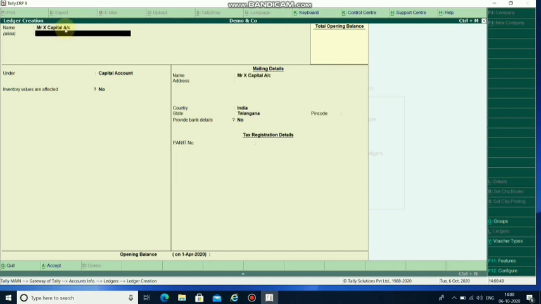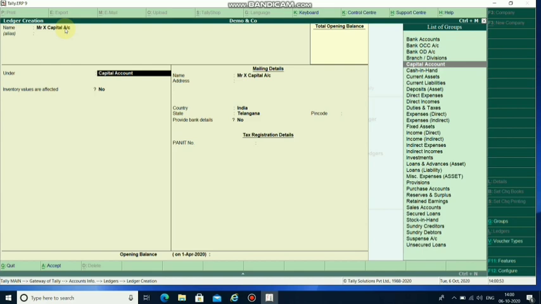As an accounting student, you will be aware of what a capital account is and which group it comes under. Some groups are available by default in every Tally ERP9 application. We can also create a new group whenever we need one, but fortunately we have the whole list of possible groups available.